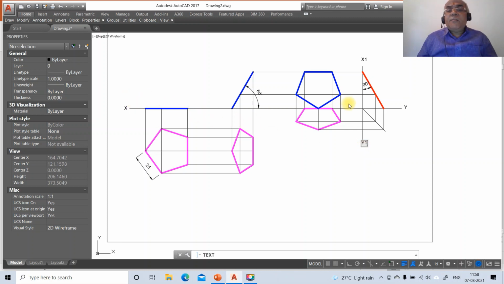This as VP and this as HP and this as RPP. Then we have small a, b, c, d, e and here A dash, here it is B dash, here it is C dash, here it is D dash, here it is E dash.